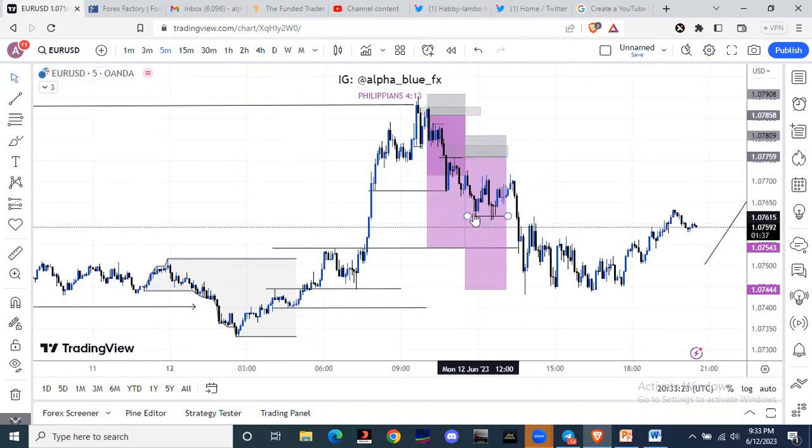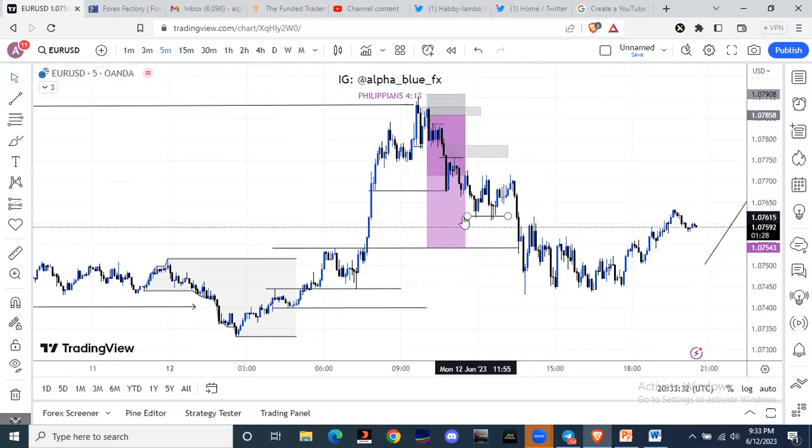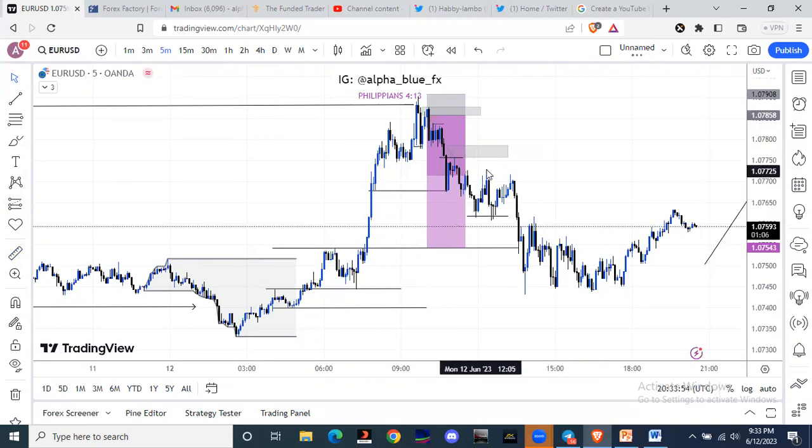When you sold, before you knew it, the market started going back up. The market started reversing. Let me delete this first. So let's say you sold around this horizontal line I drew here, and you have already said that you're never going to lose more than $100 or 1% of your account at a time. You sold expecting the market to continue to push down. Next thing, the market started going back up. Before you know it, you're already losing $50. Before you know it, you're already losing $100. Then you get angry and you close the market, boom, at a loss.